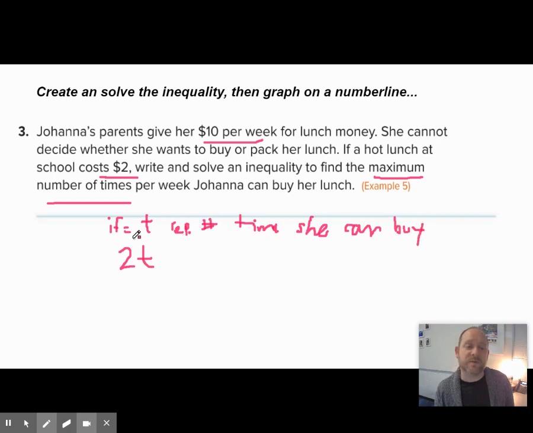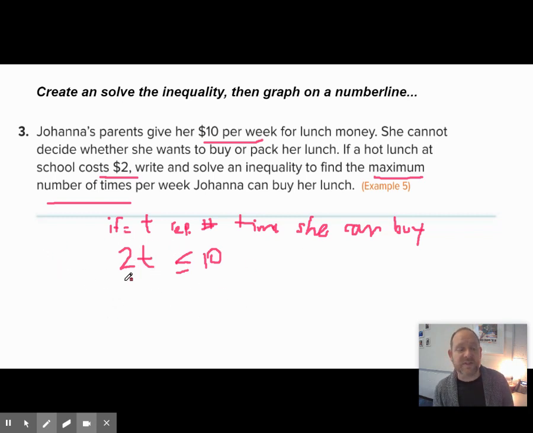So if T represents the number of times that she can buy a lunch, then $2 times that many times should be less than or equal to $10. And how I got that is I want to make sure that for however many times I can buy my lunch, it's less than or equal to $10, because $10 would be spending all of what I've got, but I can spend that full $10. So 2T should be less than or equal to 10. So there would be our inequality,